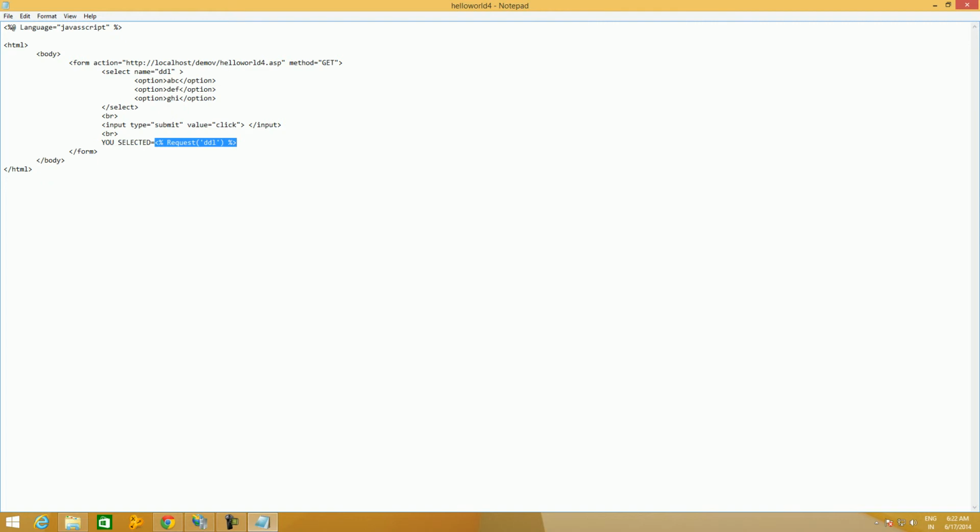Now later when the user selects an item in the combo box and clicks the button, the post back will take place. The browser will try to refresh the contents by retrieving the content from the server. The server that we are using is IIS.